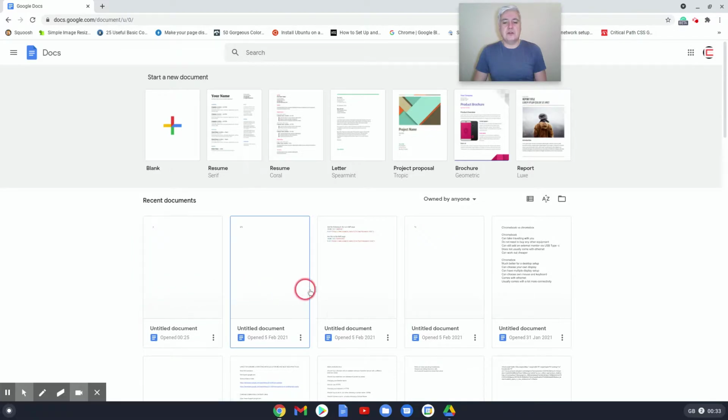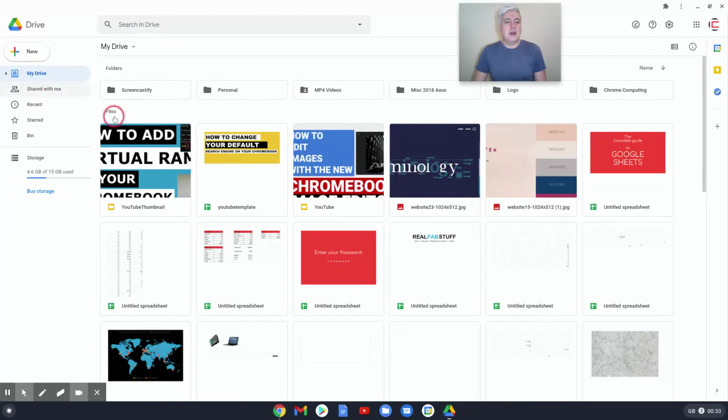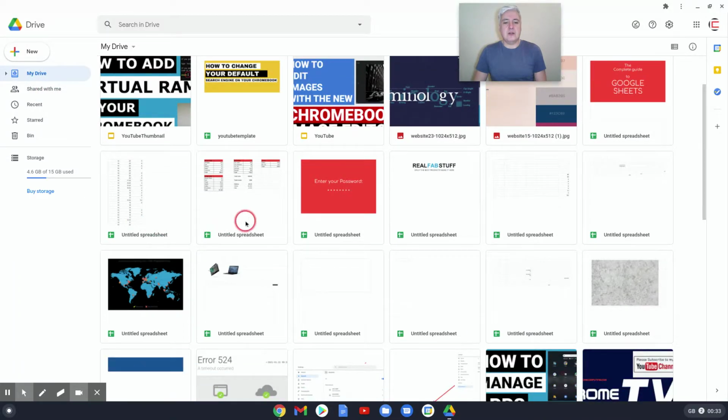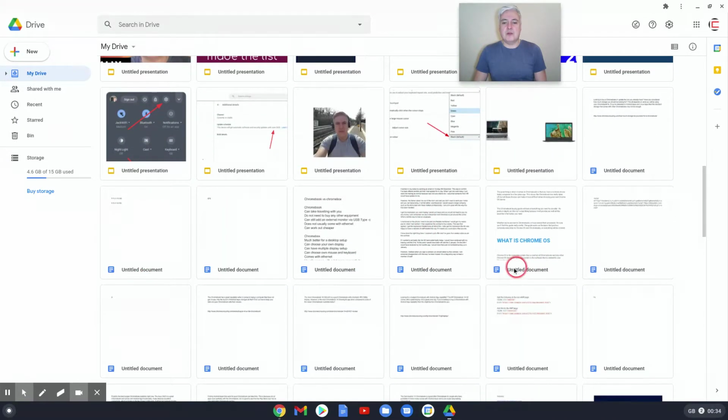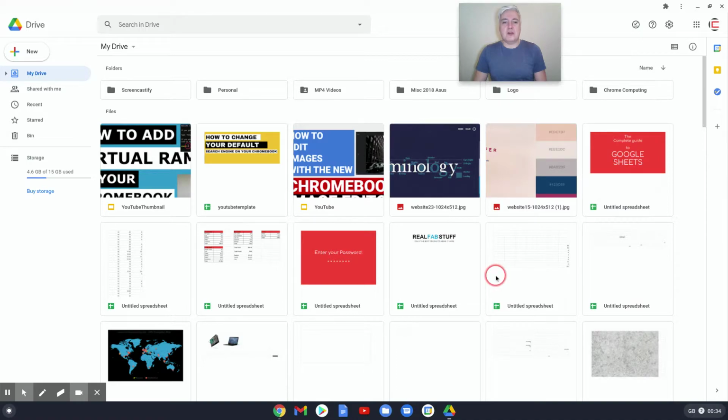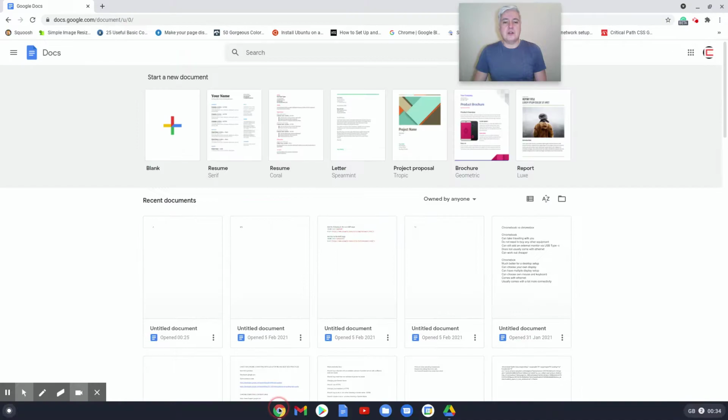see here we've got loads of untitled documents. That's exactly the same on Google Drive. Go to your Google Drive and you will see untitled spreadsheet, untitled spreadsheet, untitled spreadsheet, untitled document, untitled document. Quite frustrating. So the reason why that is because when you go to Google Docs, when you create a new